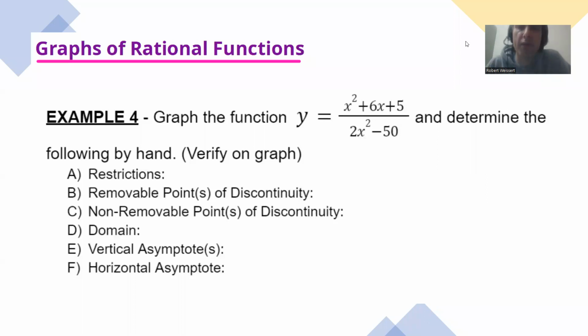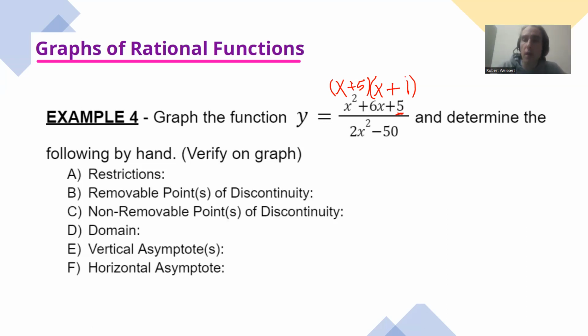So I want to factor this function to be able to effectively cancel some things out and identify restrictions and all that stuff. First, I'm going to look at my numerator and denominator. Let's start with the numerator, x squared plus 6x plus 5. That's a trinomial to factor. We want the two factors that multiply to give you that. They're going to start with x and x because we have to have x squared. The last two numbers have to multiply to the last number, which is going to have to be 5 and 1, and 5 plus 1 is 6. So those are your two factors, x plus 5 and x plus 1.